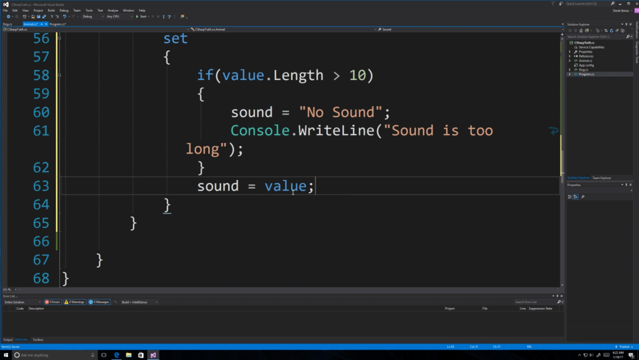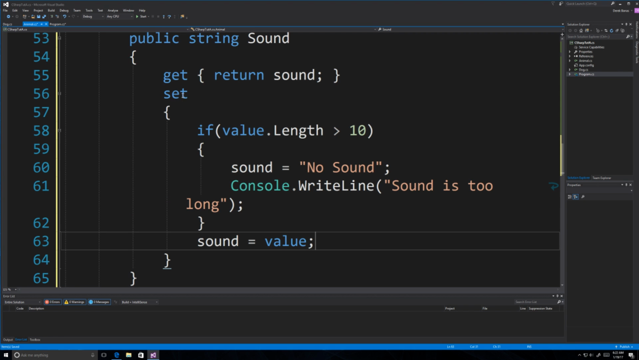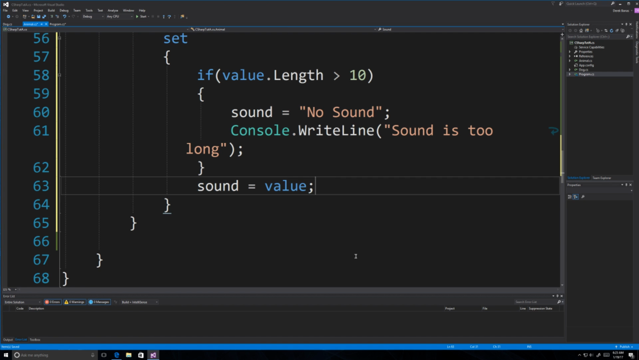And value is like the default variable that is going to store what is passed into the setter function that is going to be defined inside of here whenever you're using properties. All right, so there's an example of a property. Another thing that's really cool